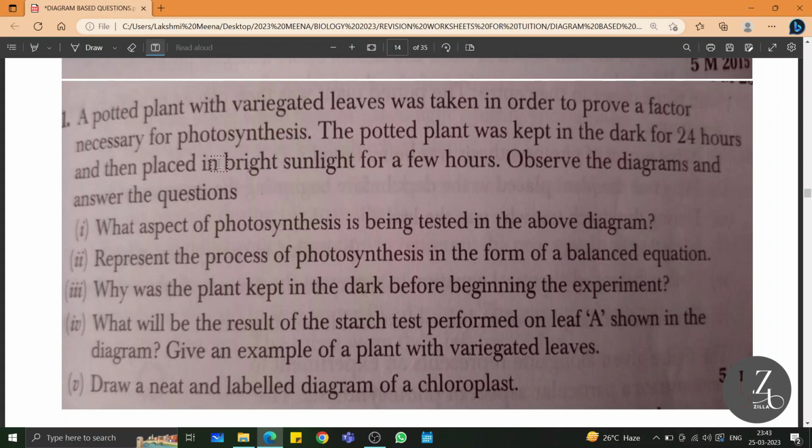Children, already they have mentioned a factor necessary for photosynthesis. We are first keeping it in the dark, then placing in bright dash for a few hours. So, which is the factor we are trying to talk about? What aspect of photosynthesis is being tested in the above diagram? To prove that sunlight is necessary for photosynthesis, or to show that